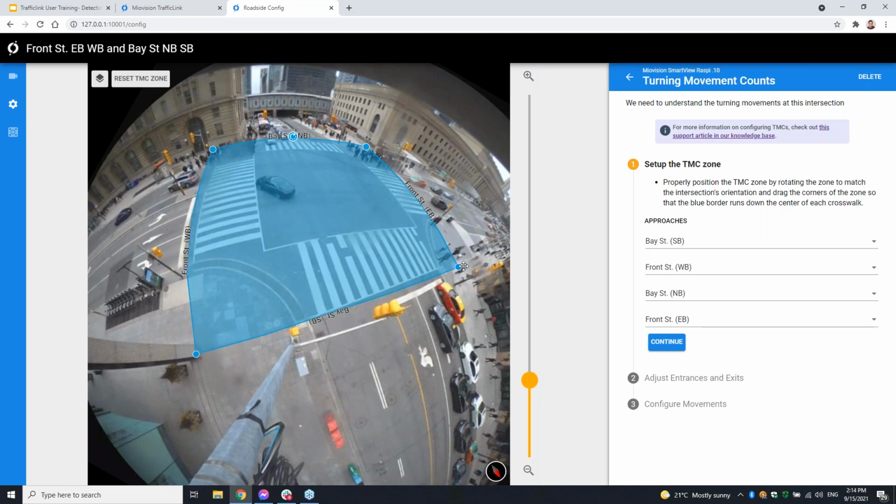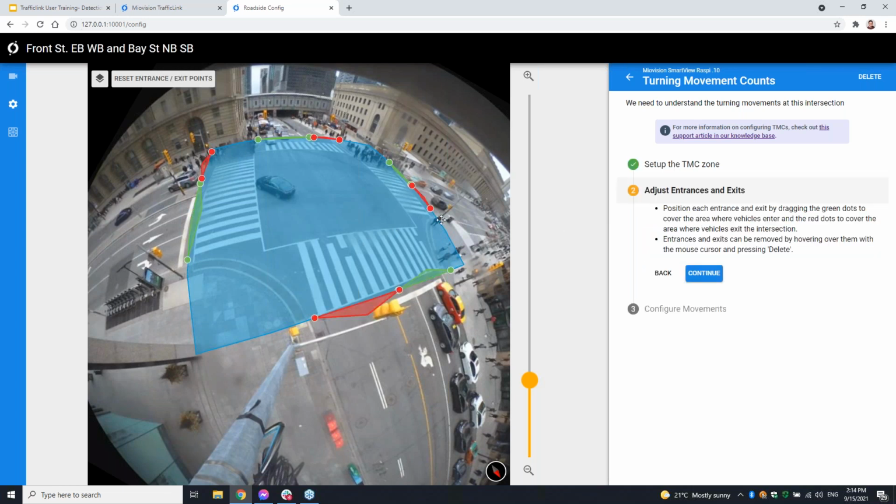I usually go curb to curb, including the crosswalks, so that you'll see why in a second, because it actually draws tracks on the overlay here, so you can see which way people are driving, which way they're going, and so on. You want to make sure all the labels make sense. So northbound, southbound, eastbound, and westbound are all in the right spot. If they're not, you can rotate them.